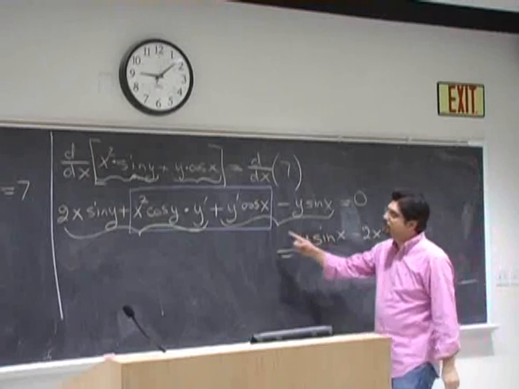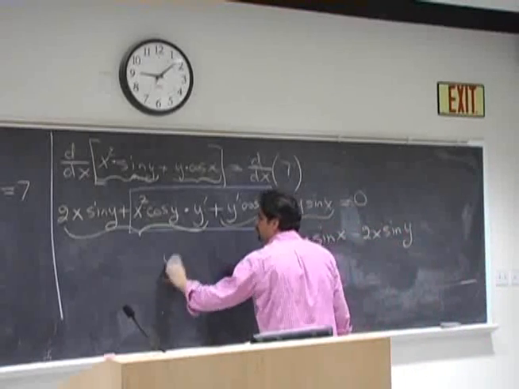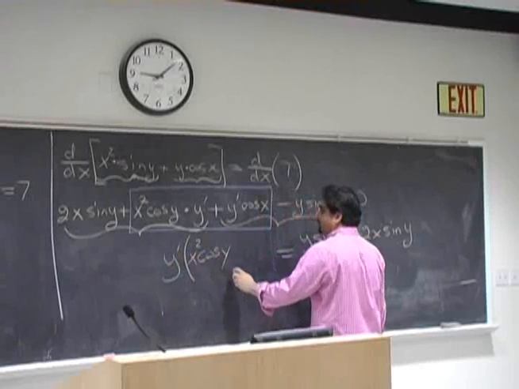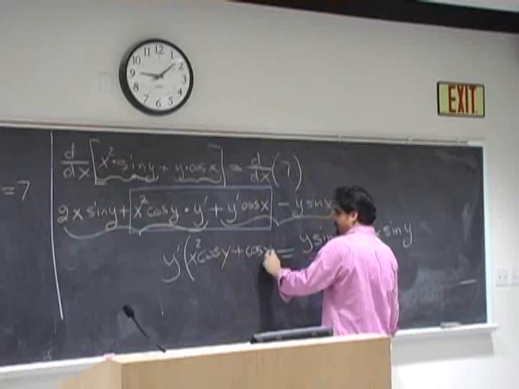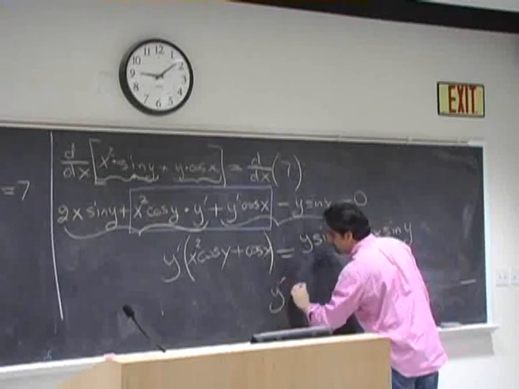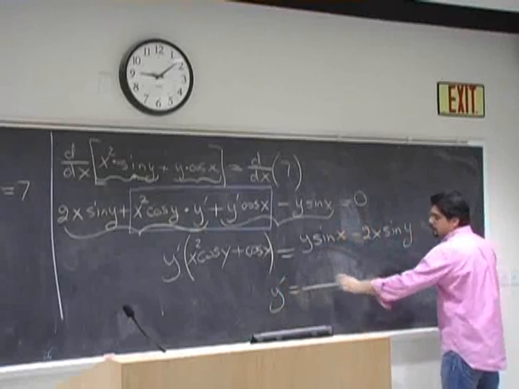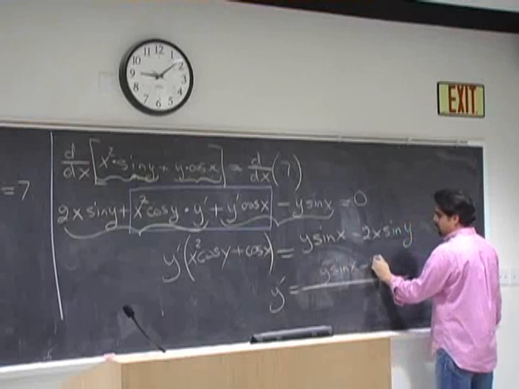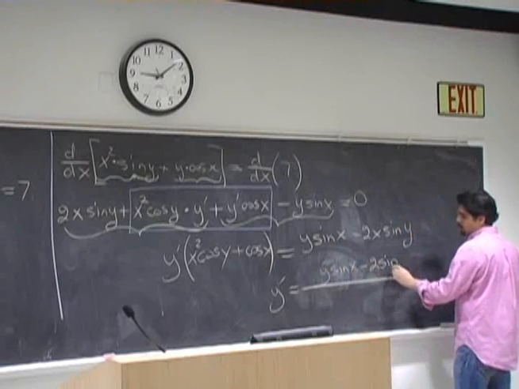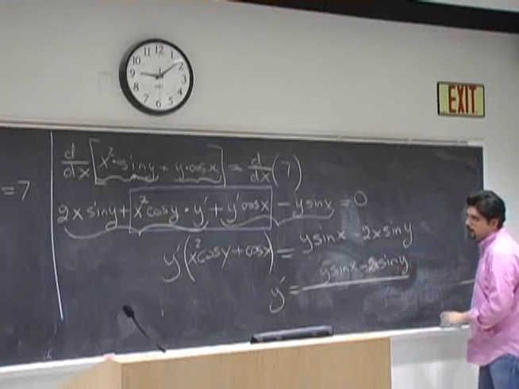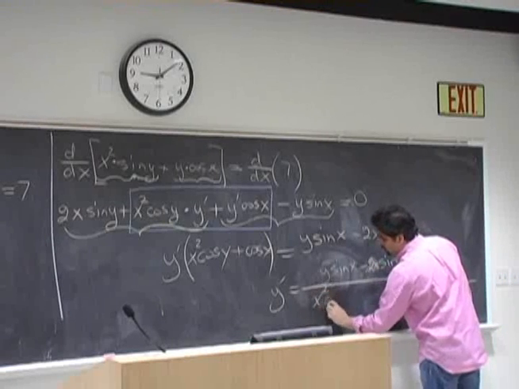And for the box, we can factor out y prime. Get x squared cosine y plus cosine x. And so y prime equals the y sine x times 2 sine x is 2x sine y, over x squared plus cosine